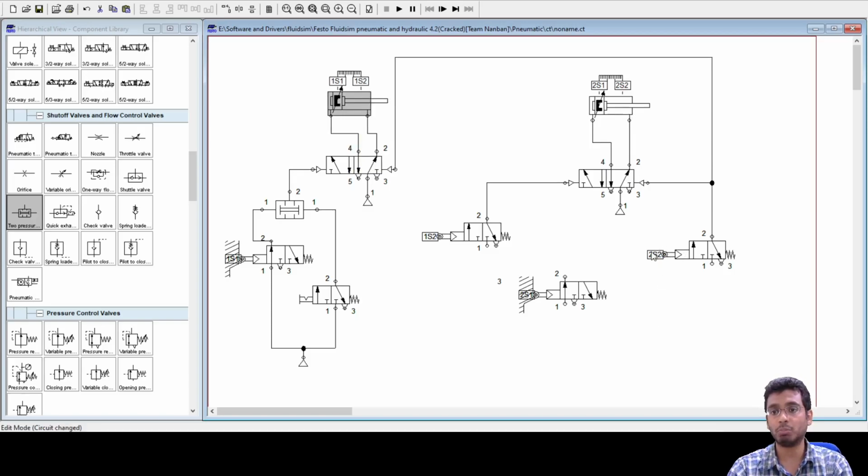So the moment 2S2 is actuated, this line would help shift this valve this side, and at the same time simultaneously this will also shift this valve here. So that both the cylinders retract simultaneously. Did you get this logic?